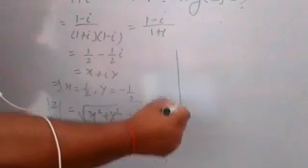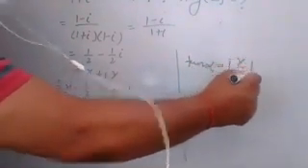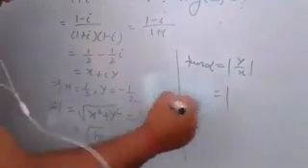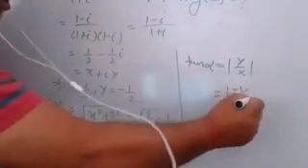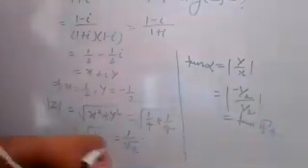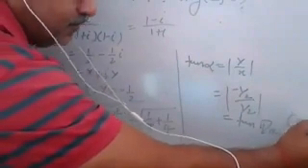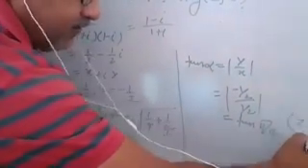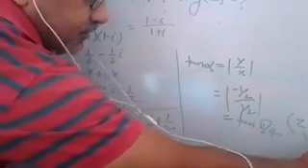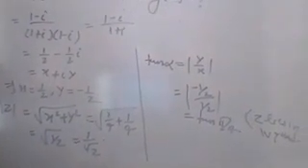Now find the value of tan alpha. So you write here tan alpha is equal to mod of y upon x. Putting its value, you have 1 by 2 upon 1 by 2, so here you have 1. So that is equal to tan of pi by 4. And just mention here that z lies in the fourth quadrant.